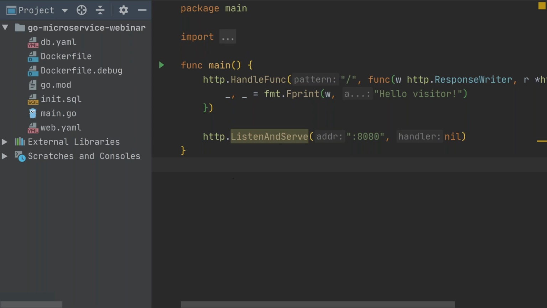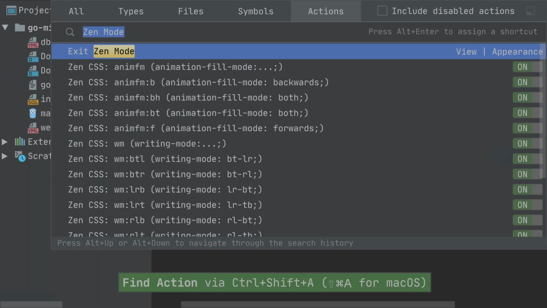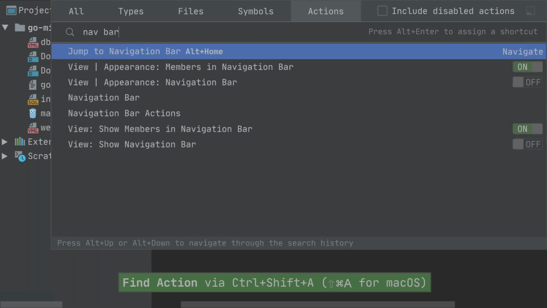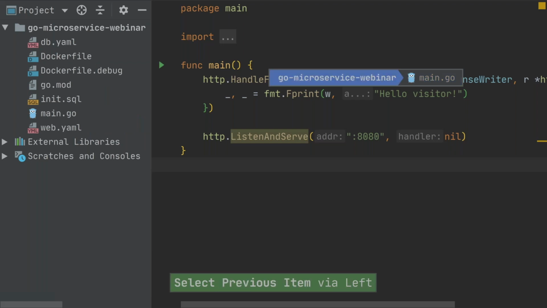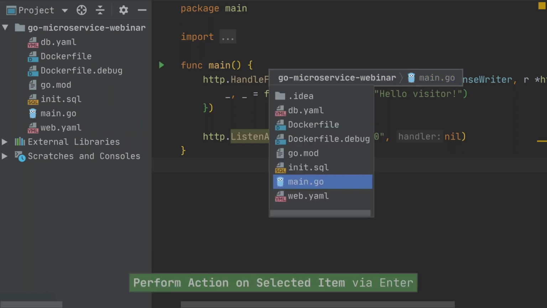Let's start with deploying our database to Kubernetes and see how that works. And once we do that, we'll be able to switch back to Go and actually do some coding. One way to do this would be to go with the mouse and so on. And another way would be to invoke the navigation bar. And you can use the shortcut, of course, for it. And then you can say, I want to go to this navigation bar and say, I want the database